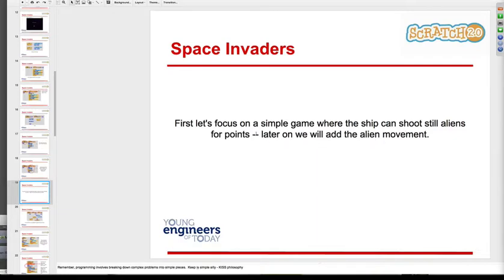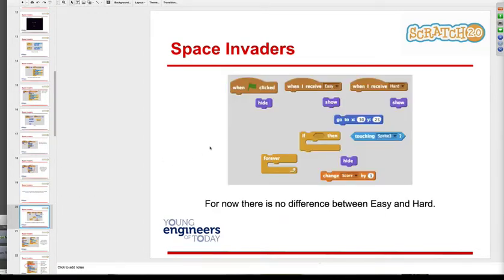All right, so let's begin here by simply having the aliens shoot the ship. Let's try to get this done tonight. All it's going to do is the alien's going to hit the ship. We'll add alien movement down the road. All right, so